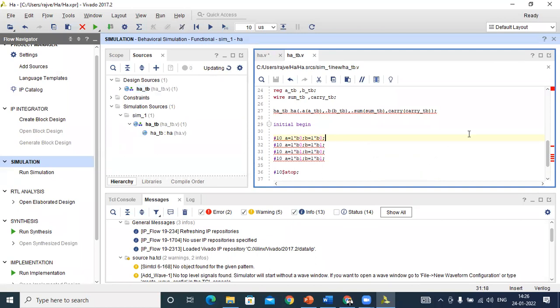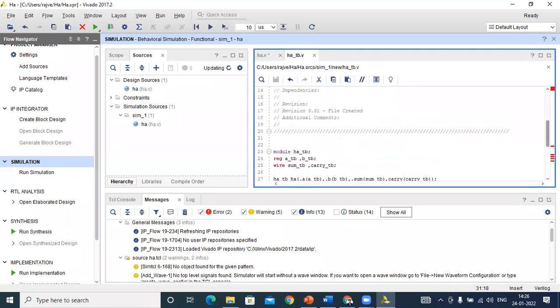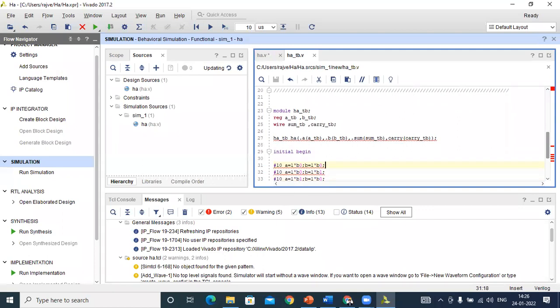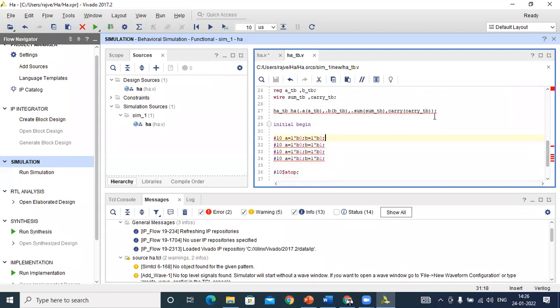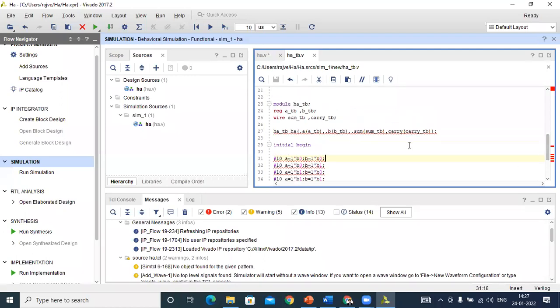It is not declared, but the top module name is half adder.